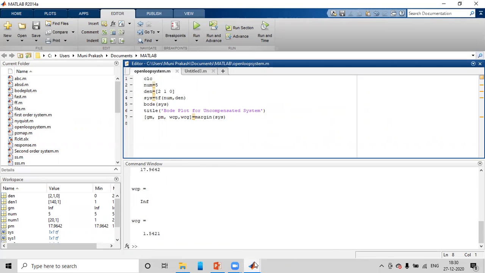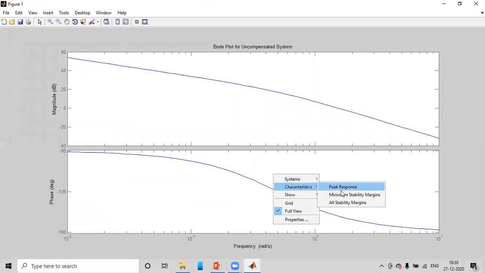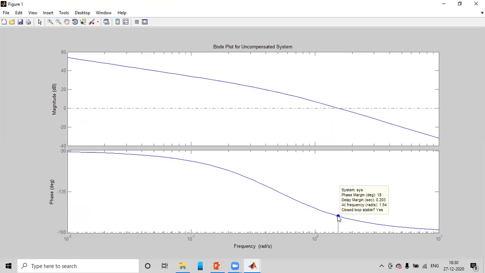In our case, yeah, if we observe the stability margin, now you can check. Here also the system is stable. Here also the closed loop system is stable, but the desired phase margin is not there. Here we are having 18 only, but our requirement is 40. So for that, we are adding the compensator.